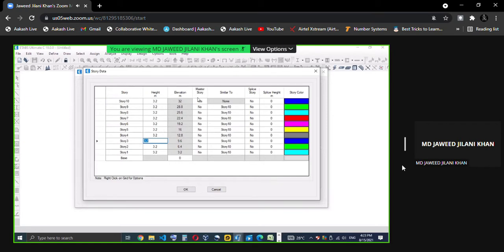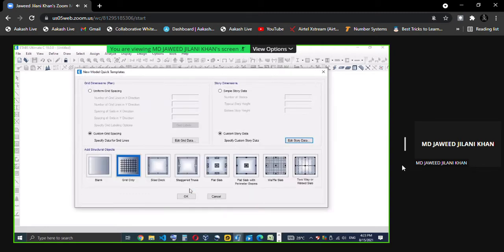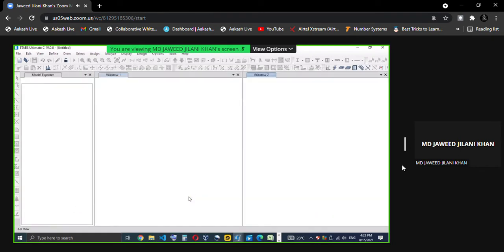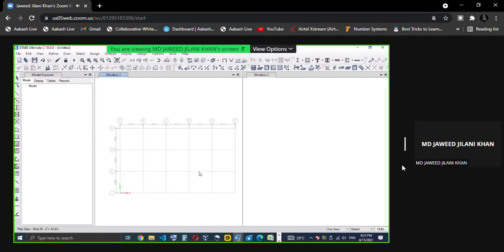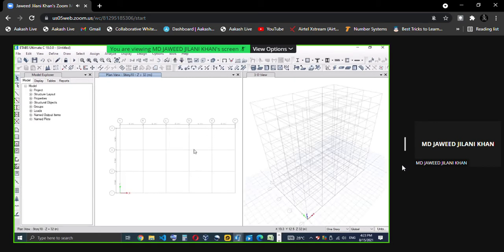We'll talk about the master of stories in the times to come. So say okay. This is uniform or custom. You can customize or uniform. So let me go to uniform. Say okay. Now, once you have given the grid system and the unit system, that is called the initialization of the model. We have not started any modeling as of now. We just created a jungle of grids.